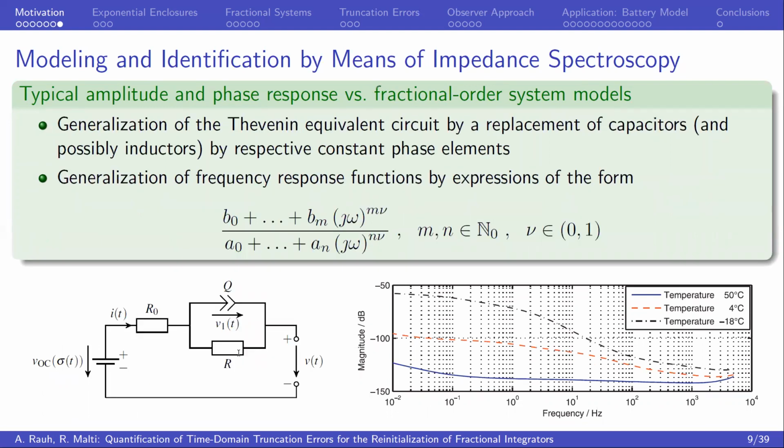On the other hand, one could also replace the corresponding capacitors by constant phase elements. Those constant phase elements are fractional order generalizations of those capacitors, and the corresponding equivalent circuit looks the same as before, but the corresponding frequency response is being described by this numerator and denominator polynomial, where nu is now a fractional derivative order from the open interval between 0 and 1. And in such a way, we can easily try to successfully approximate the corresponding magnitude and phase responses of such